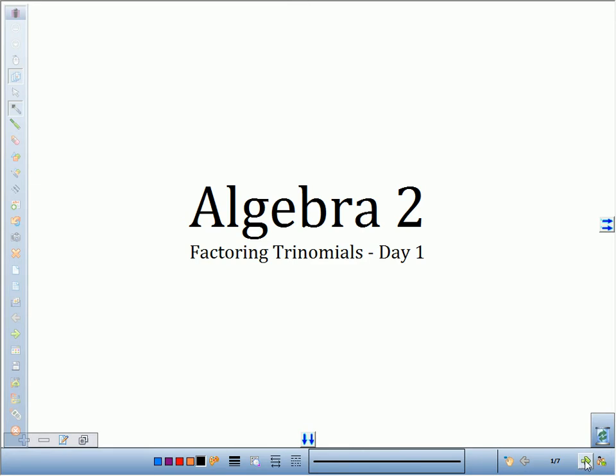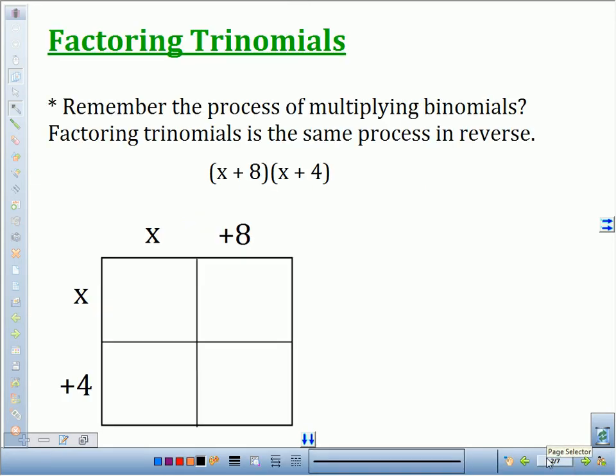Now, we did see before about multiplying binomials, and we saw the box method that we use for multiplying binomials. But we're going to take the process of multiplying binomials and use that, because factoring trinomials is the exact same process in reverse. So for instance, let's just review really quickly how we multiply binomials such as x plus 8 times x plus 4 to get a trinomial